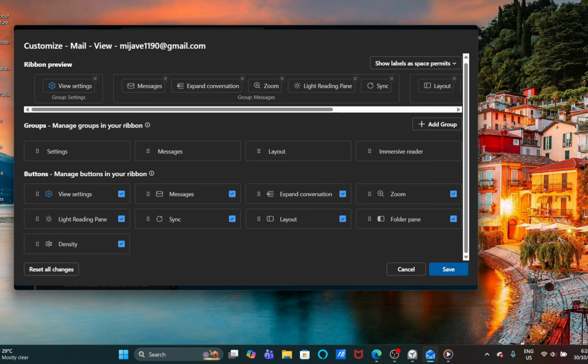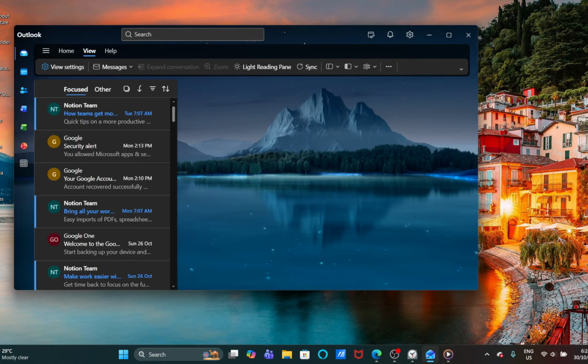As you navigate through this window, search for the option that reads Reset All Changes. This is often found towards the bottom of the window. By clicking on Reset All Changes, you're instructing Outlook to discard all your custom settings, reverting back to the standard setup. Before you complete this step, it's important to ensure this is the action you want to take, as it